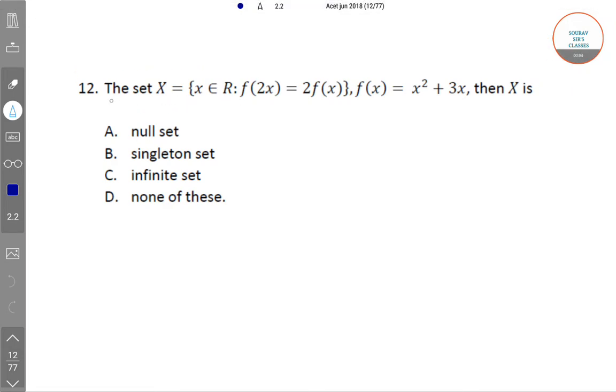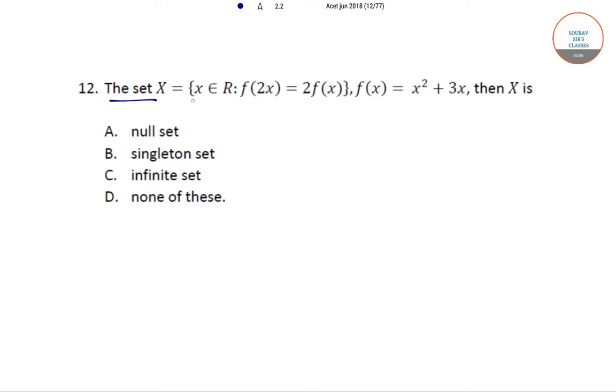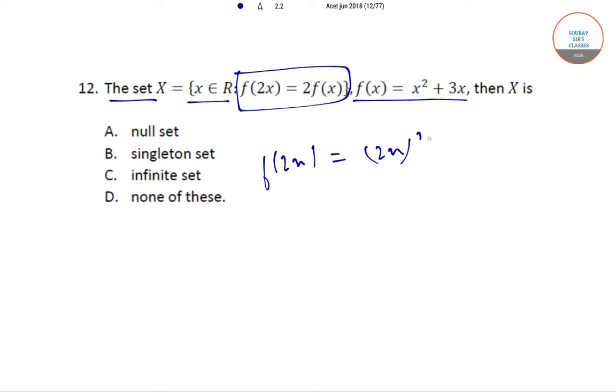The question is, the set X is equal to {x belongs to R such that f(2x) is equal to 2f(x)}, for f where f(x) is equal to x squared plus 3x. Then X is, so f(2x) is equal to (2x) squared plus 3 into 2x, that is 4x squared plus 6x,